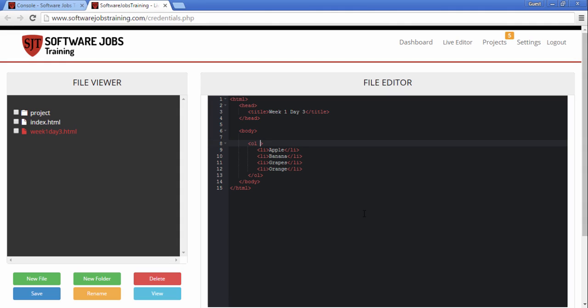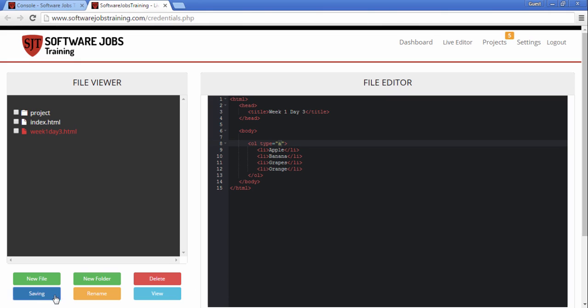An attribute is used to put some additional information into the tag to modify its properties. By default it shows the list items numbered 1, 2, 3, 4, but we can change it to A, B, C, D. To change that, we change its type attribute. Make sure you specify type is equal to, and in double quotes you tell it how to display,